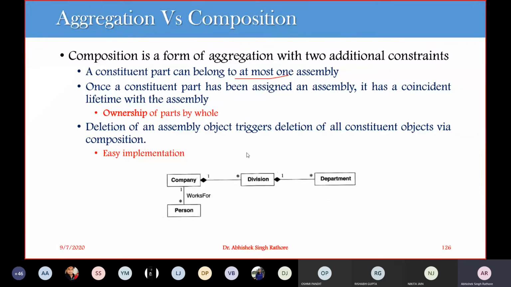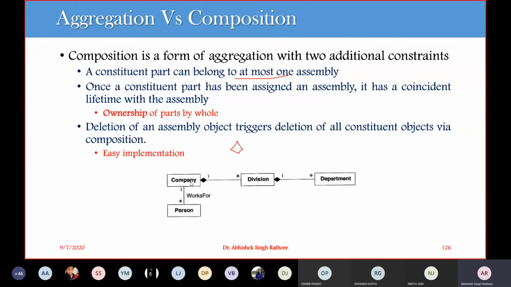For a simple aggregation, we draw an empty diamond. For composition, we have a filled diamond. So the filled diamond represents composition, while the empty diamond represents an aggregation relationship.